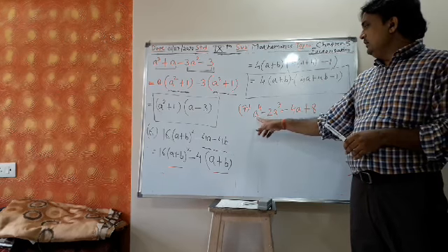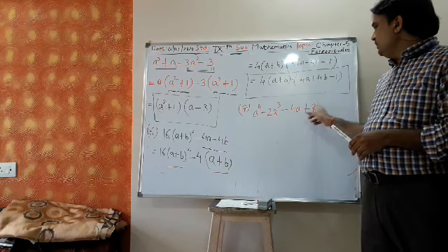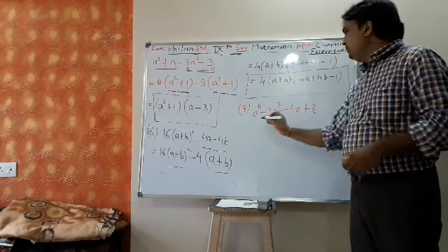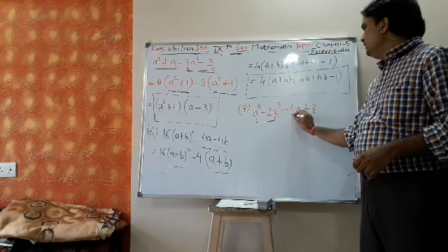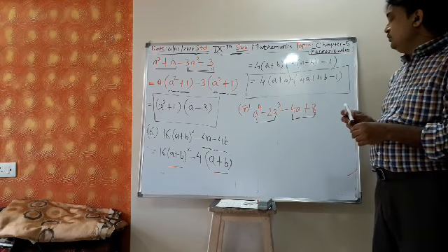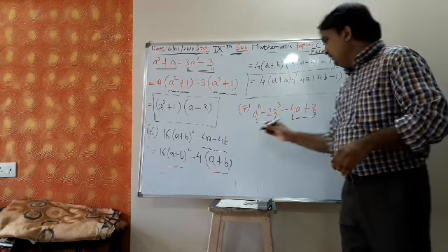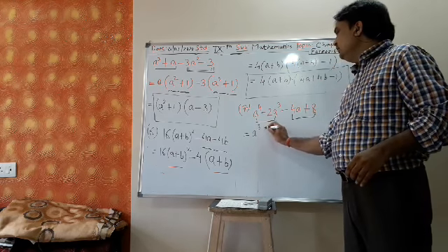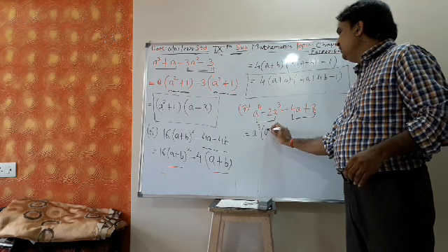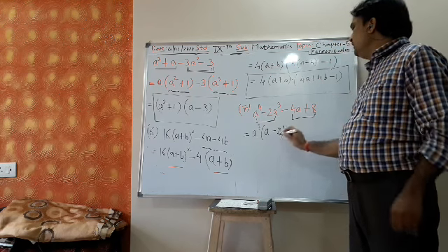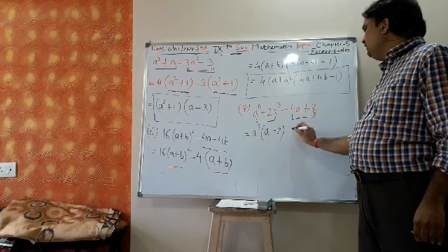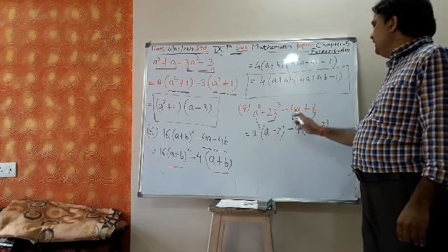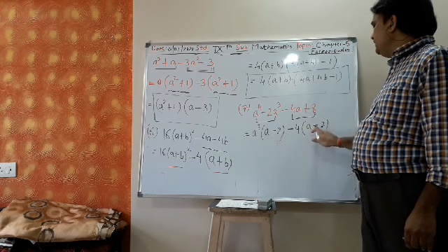There is nothing common. A is common, but in the last term there is no a. So what I will do, I will apply the grouping method. These two I will take together. In a raised to 4 and a cube, I will take a cube common. Then what is left? A minus 2 is left. Then from these 4a and 8, I will take minus 4 common. Then what is left? A minus 2 is left. Minus I have taken common, so plus becomes minus.